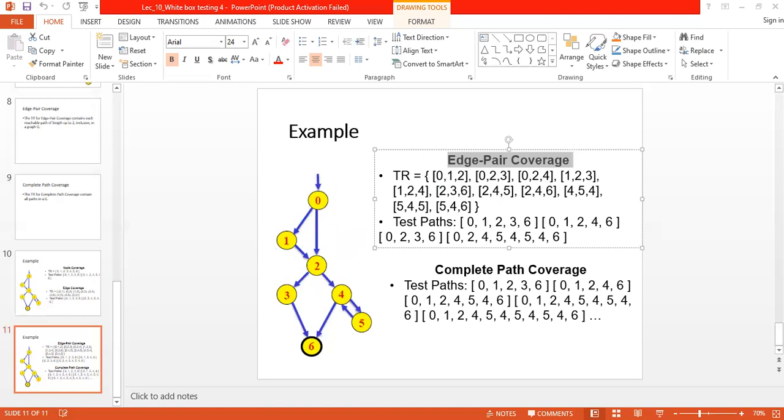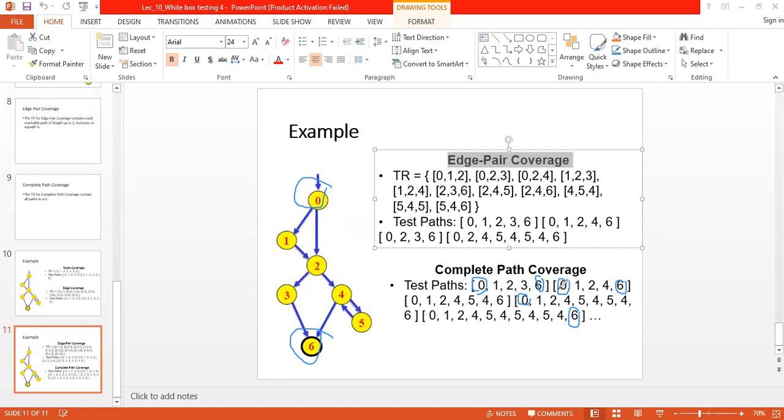Likewise, you can see it's covering edge pairs. So when it comes to the complete path coverage, you have to consider the entire path from start to end. So you can see all our test paths start from 0 and end at 6, right?